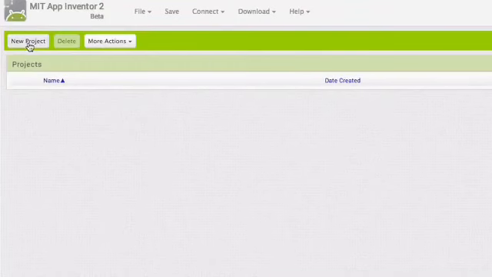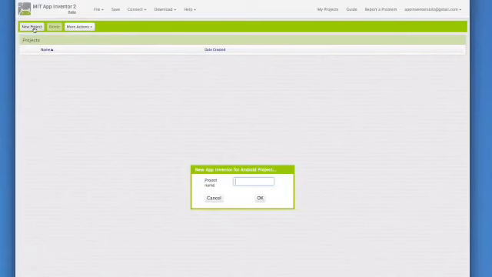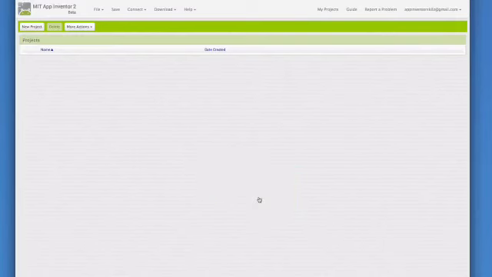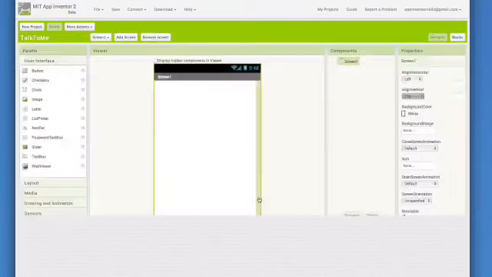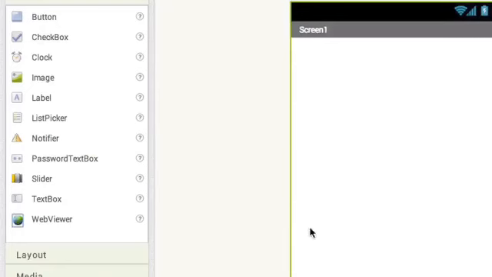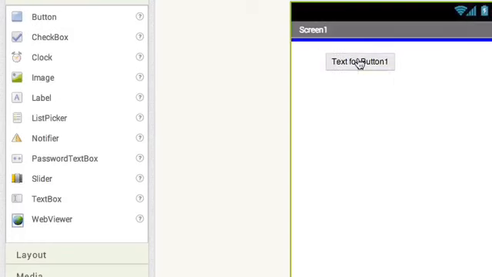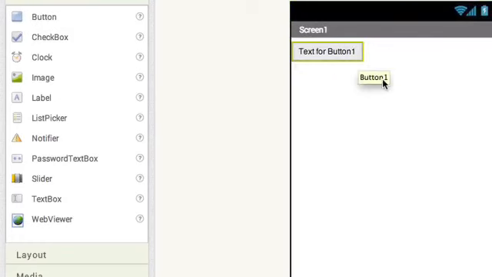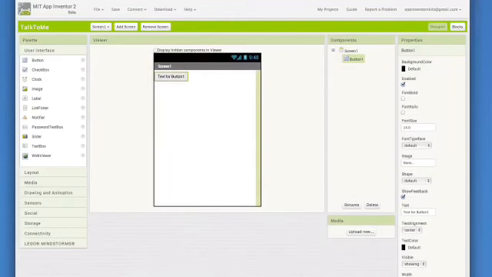Our first app is called the Talk to Me App Inventor Project. Names can't have spaces, so type in Talk to Me with no spaces. Now you are in the Design window, where you can set up the components and the layout of your app. Our app needs a button component. So click on Button and then drag it over to the viewer and drop it.